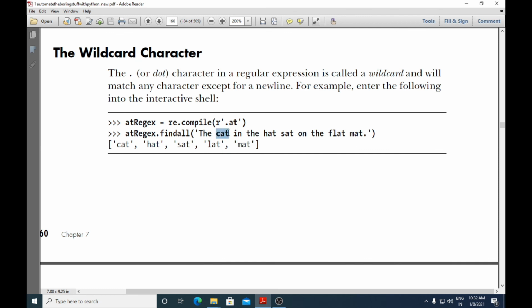Here we have cat, then hat, sat, and flat. These words all end with the characters at.